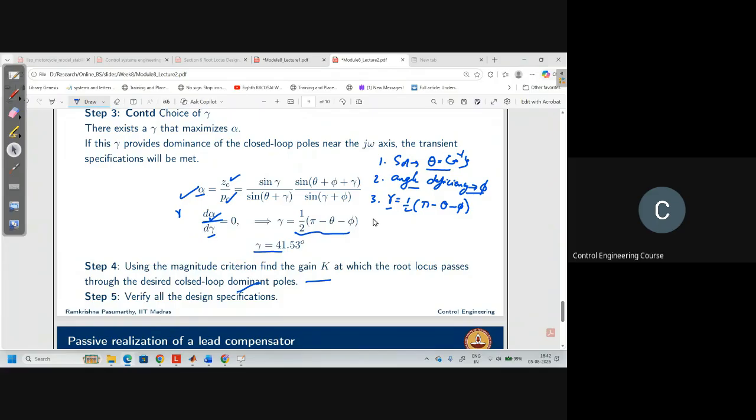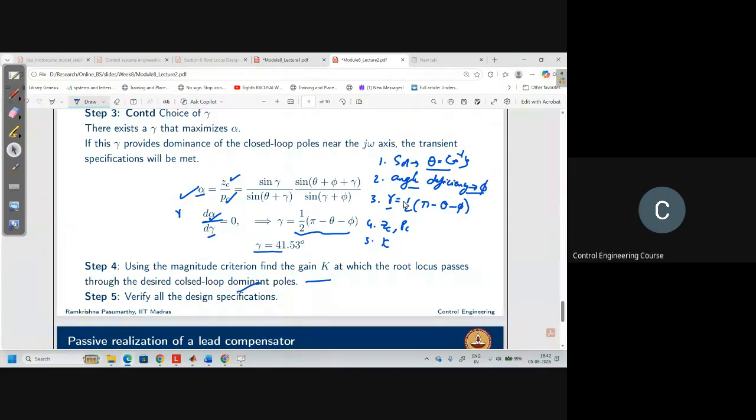Then you can compute ZC and PC, which are the locations of the compensator 0 and pole. Then next step is calculate K, the gain K. Right? These are the 5 steps you need to follow for designing